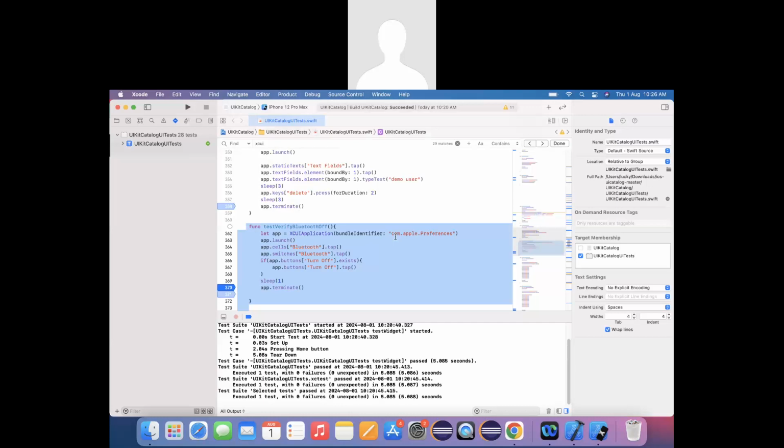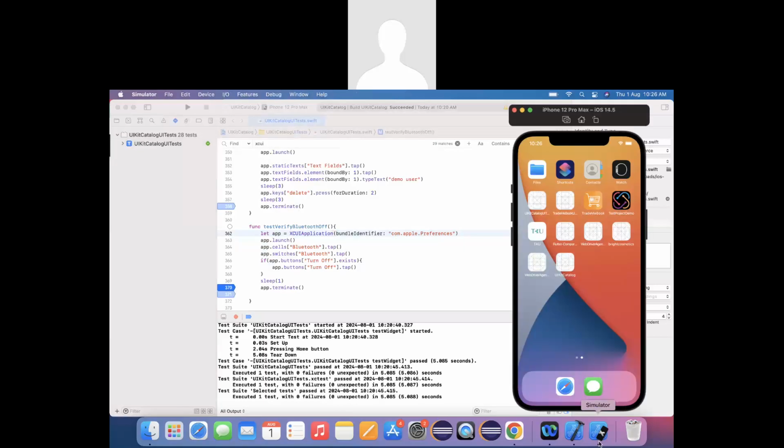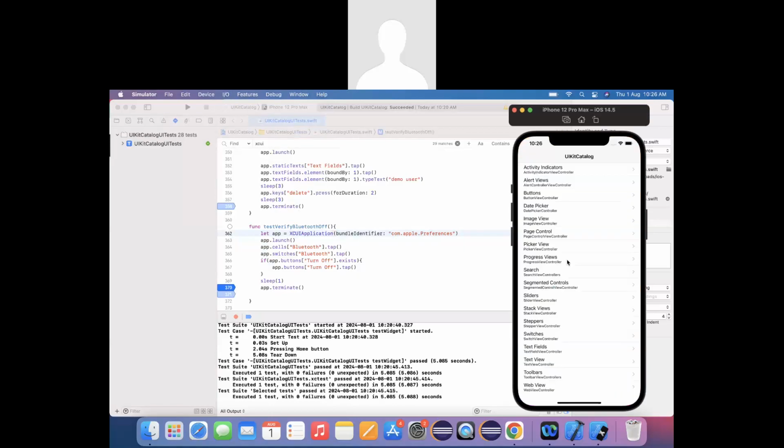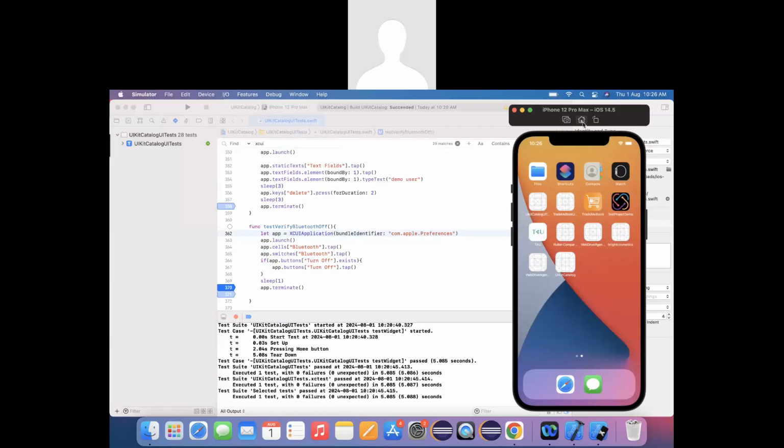So guys, I just want to cover one more small scenario here that we may need when we are working on a project. Consider that I'm working on this UI catalog app. This is the application that I'm working on right now, and I just want to press a home button. Whenever I'm doing that, I just click on this particular home manually,